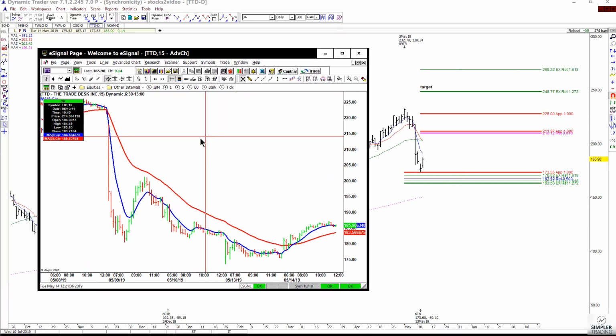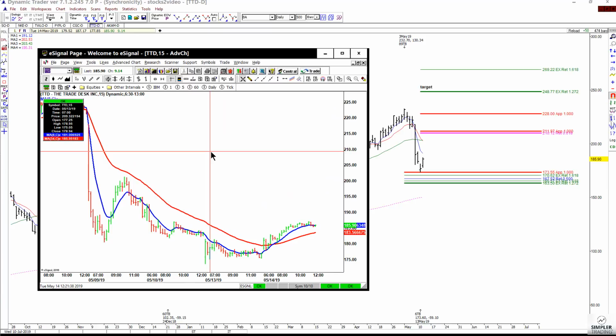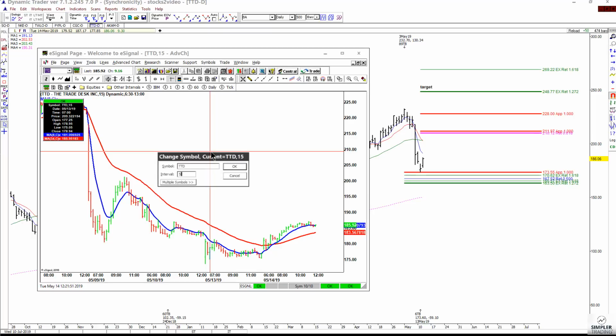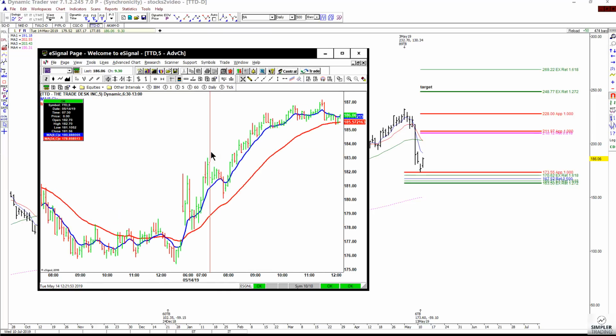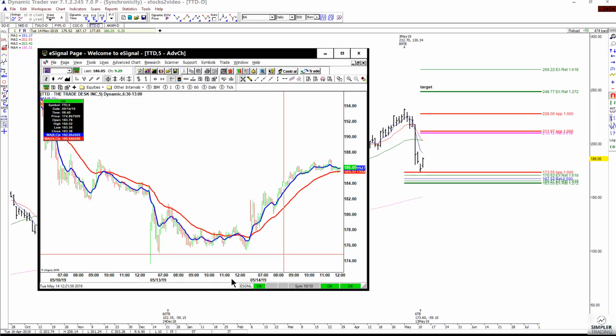So those of you that are in my room had this information already yesterday, but it still is a trade that, you know, the party's not over yet, because the upside potential is to that 248.77 area. So just an example of, you know, what kind of triggers would you use? Well, you know, when it traded down at that 173.55 area, let's see, here's the first buy trigger on a